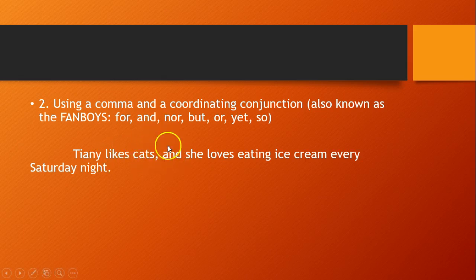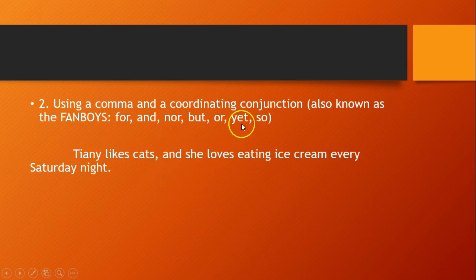Notice that we've placed our comma before our coordinating conjunction. So rule number two, use a comma and a coordinating conjunction to correct your comma splice, and make sure your comma goes